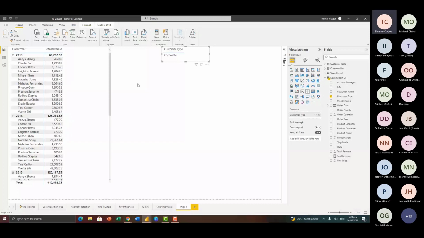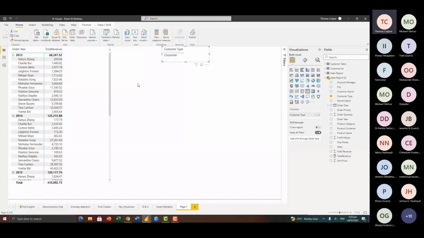Now here within transform data, when you click on the drop down, we have edit parameters. So I'm going to click on this. And now you see that we have the customer type parameter, and the current value is corporate. Maybe I want to change this to a different customer type. I can just click on this, and maybe this time I'm picking home office. So now I click OK, and then I apply the changes. This will go to the source and filter the data and bring in the parameter or the item that we have selected here. So now I click apply changes.